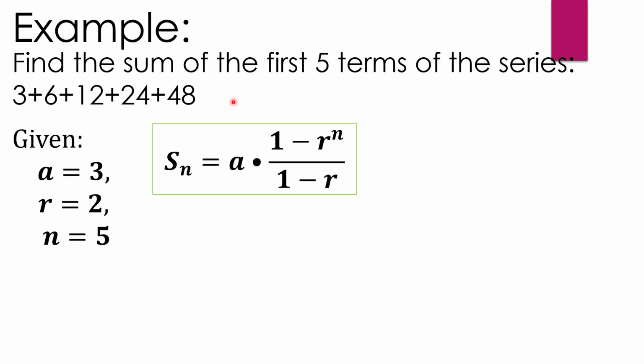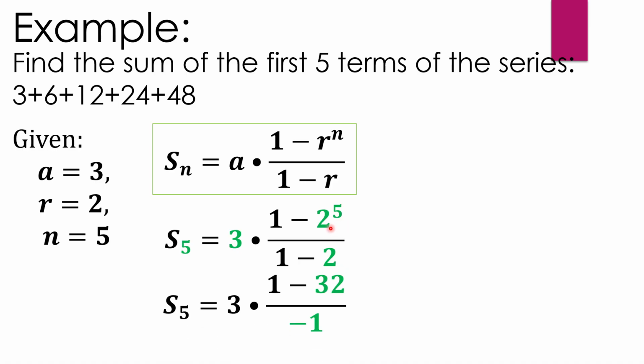Then kindly write your formula for the sum. Then simply substitute all the values. We substitute the n, the first term, the common ratio r or 2, and the nth term here, and the common ratio here at the bottom. Then simplify. First, 2 to the 5th power, that is 32. 2 times 2 times 2 times 2 times 2. We multiply the 2 to itself 5 times.